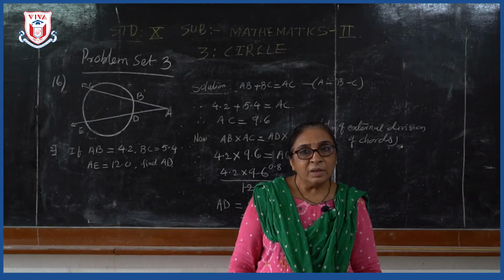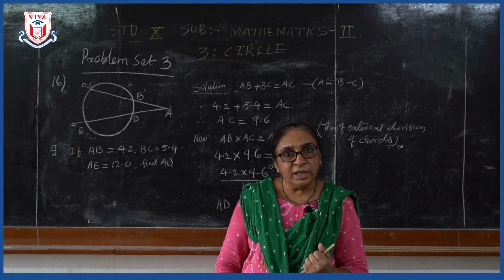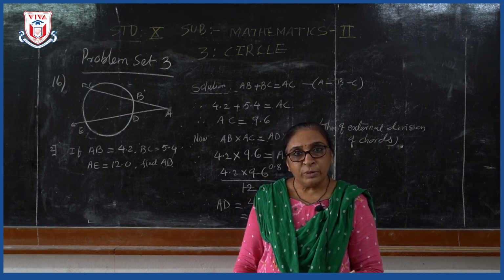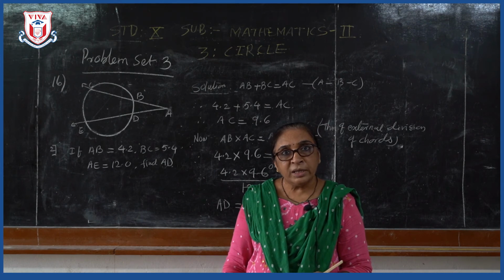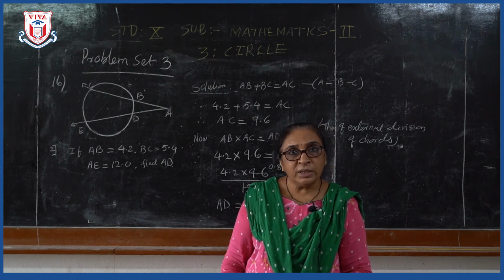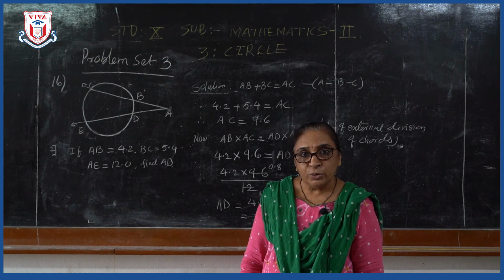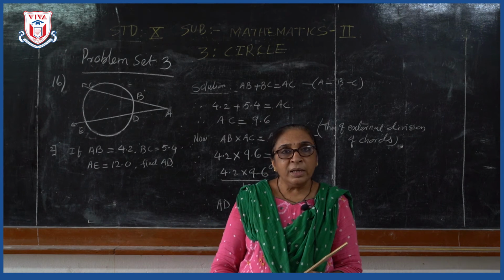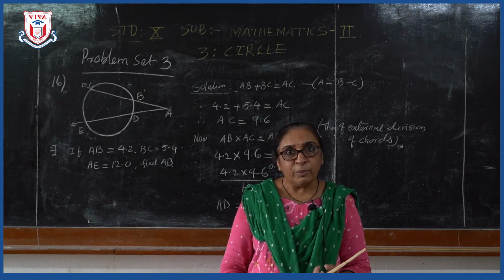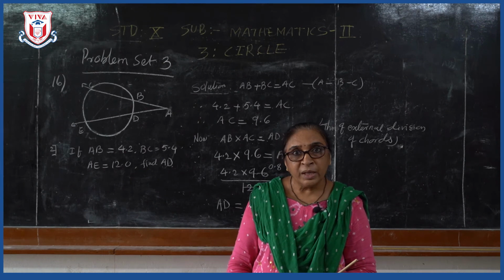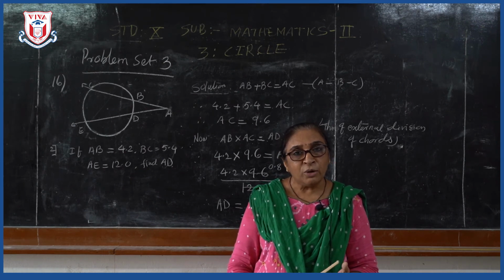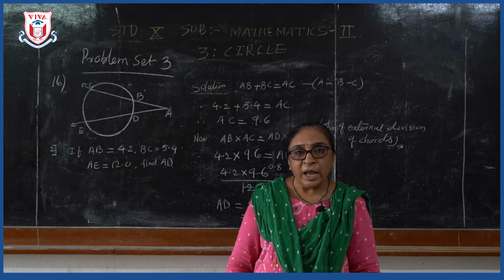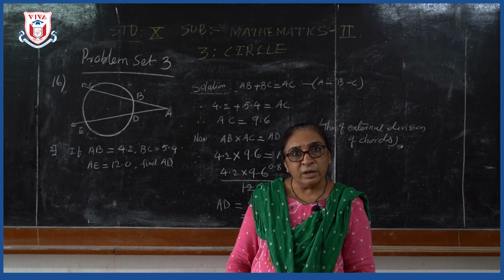Okay. Now children, we will solve the 16th example of the problem set. Just observe in your textbook. In this 16th example, there are 3 sub questions. Out of these 3, only the second one we are going to do. The first one is based on the corollary of the inscribed angle theorem. A similar question we have already solved from the practice set, so you can do it. The second and third are based on the same theorem, so the second we will do. By using that property, you can solve the third one also.